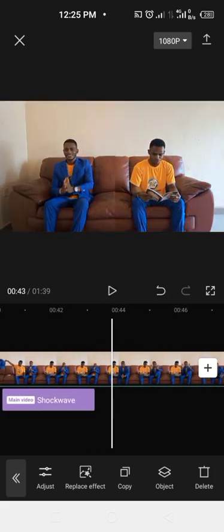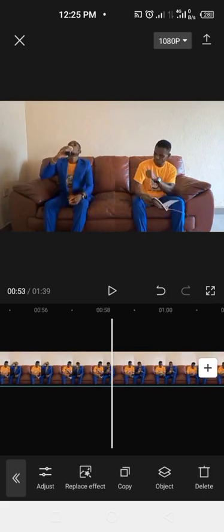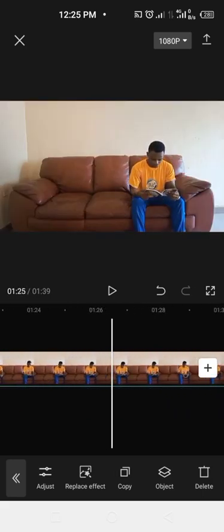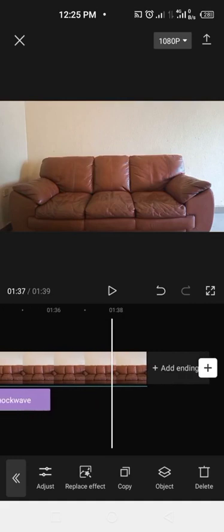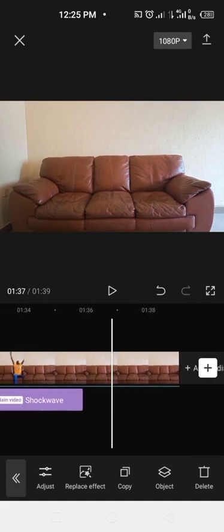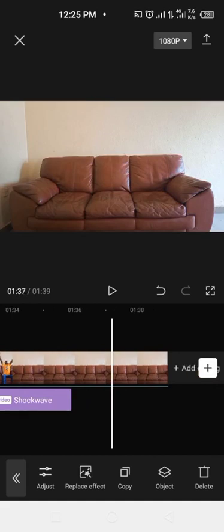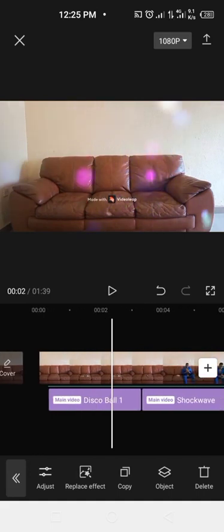Just like I said, if you want to make sure you leave a void, empty space at the beginning, you can see that. Leave empty space at the beginning. If it's too long, you can cut it. Leave empty space at the beginning and also at the end. You can see the beginning. All right, it's writing made with